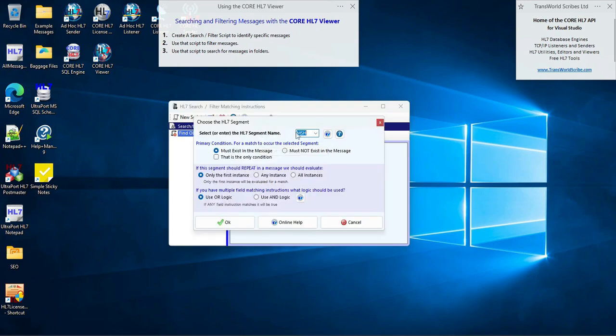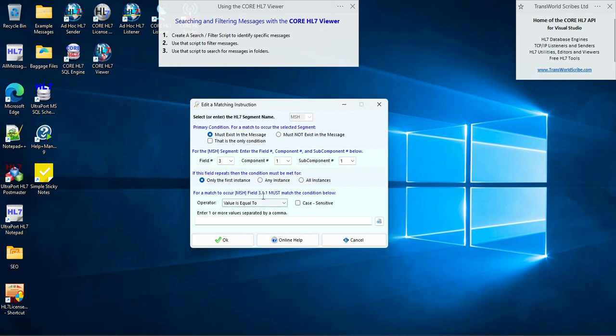For the segment instruction, I want the MSH segment has to exist in the message. I only want to care about the first instance. And if there's multiple fields, and there will be, I want to use AND logic. And it asks me to enter the first field matching instruction. And my matching instruction is for field 9, component 1, subcomponent 1. That is the message type,